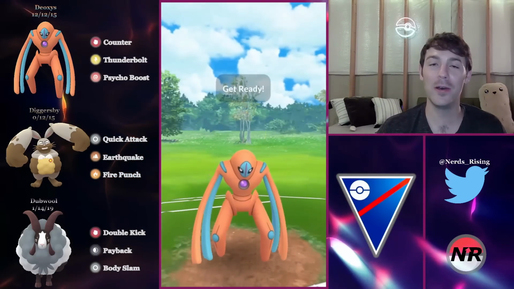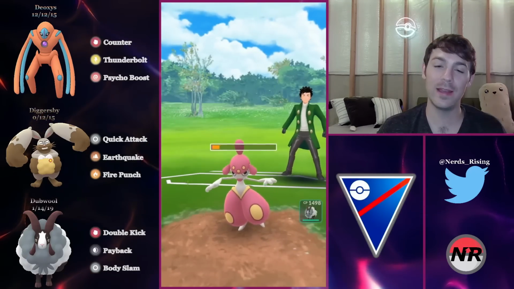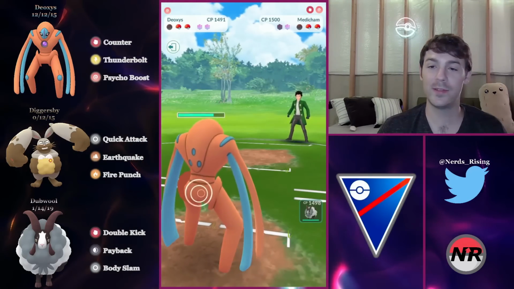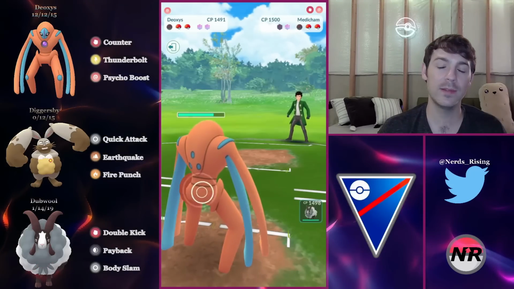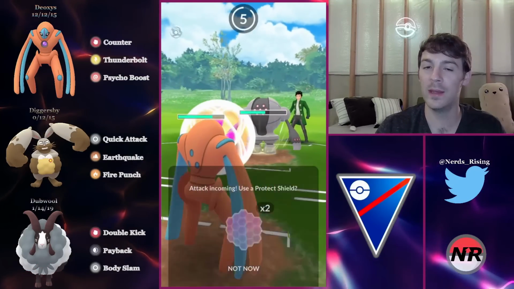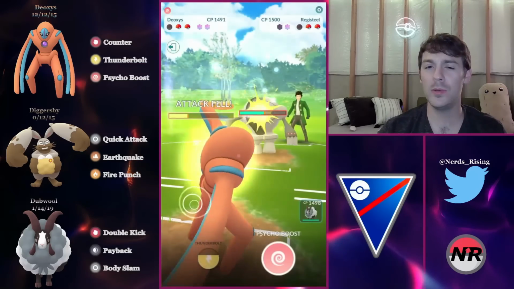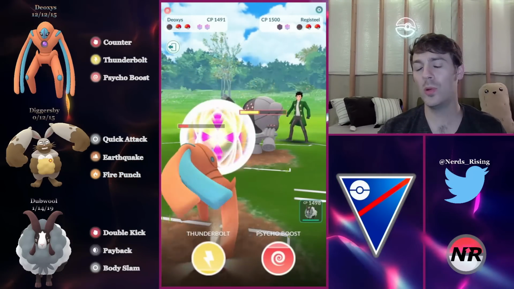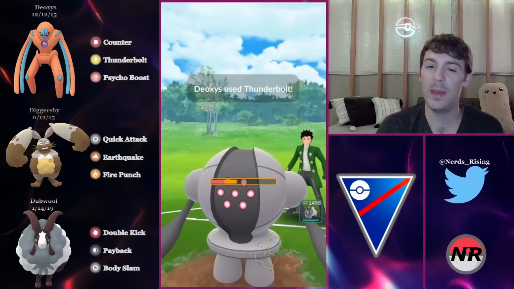We still have a very healthy Deoxys with some energy, and this is looking pretty good for us because I doubt they have a better response to our double and back than a Medicham. We'll have to see. Probably going to be bringing back in the Reggie, I'm guessing, and they do bring it back in. I will tank this Zap Cannon, and I think I do just stay in here because the double matchup into Registeel is a little bit awkward because we have to go for the paybacks to do really any